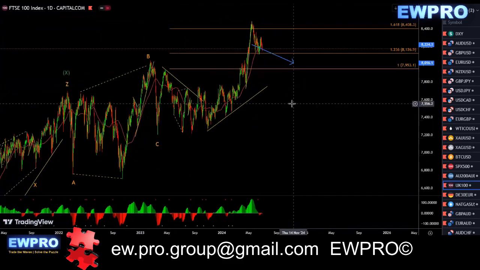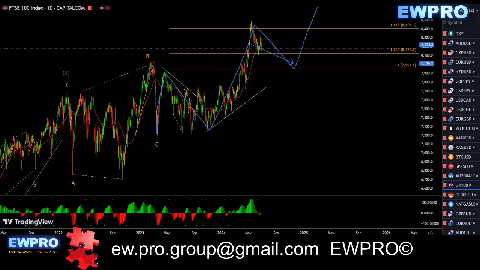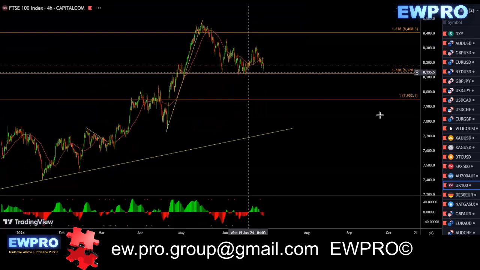The FTSE, by the look of it, we're looking for another larger correction here. Looking at an A, B, WXY and X2, and then we get a Z up. So we're in this time factor here. There's really not much to see. You've got to wait for this time factor here before you start looking for buys, or even consider looking for buys. Really, there is a bull hidden here,